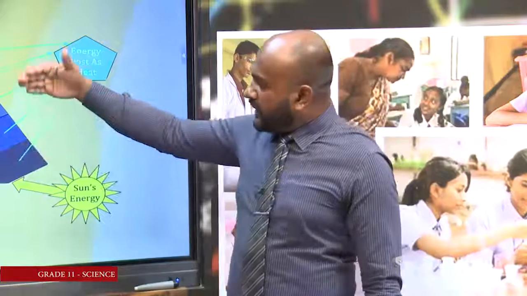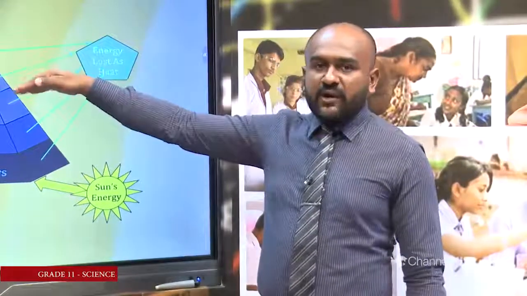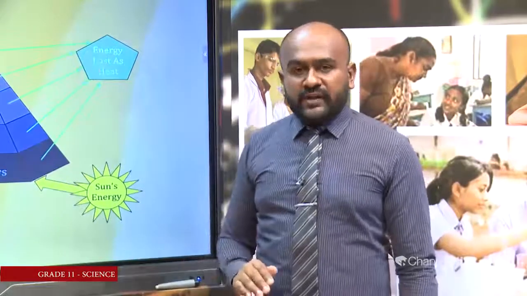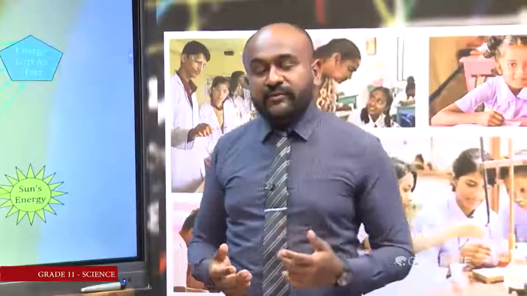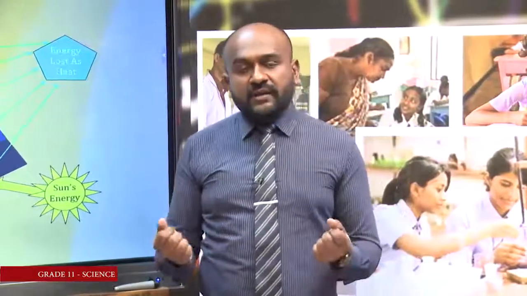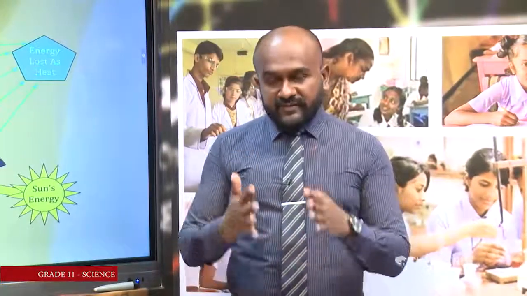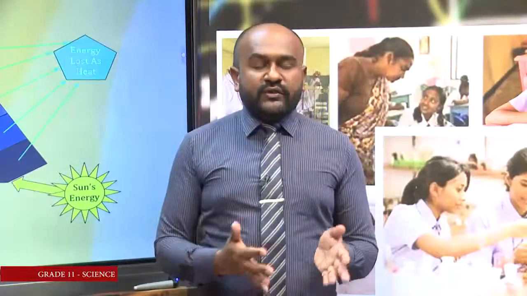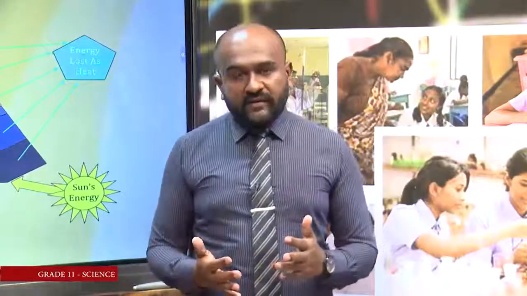So, when you get an energy pyramid, then we get a correct picture about energy flow in an ecosystem. But then what is the problem now? Still there is a problem. Yes, there is a problem, because it is really difficult to measure the amount of energy contained in organisms in a trophic level. Otherwise, it gives us a very good picture about energy flow. So, these are the things that we need to know about ecological pyramids.